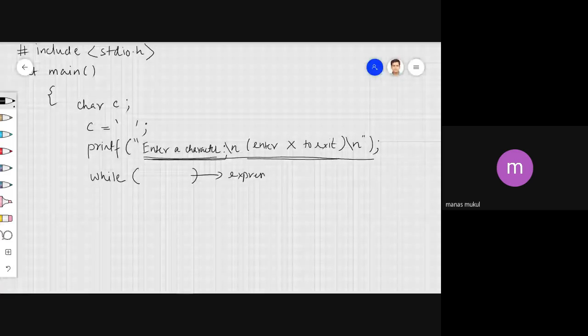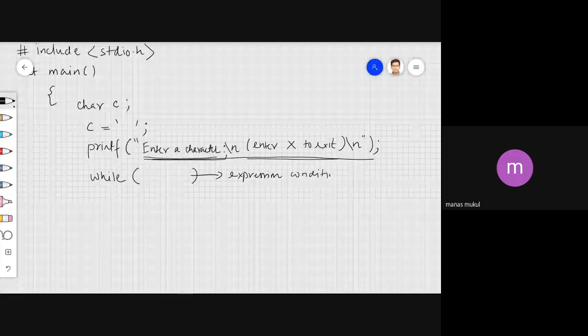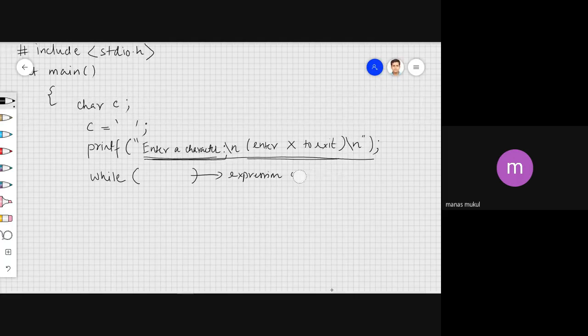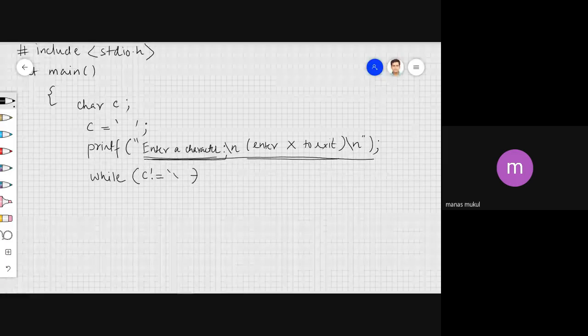So here I have to insert an expression. This expression is nothing but the condition which needs to be checked. So let's put that condition in. Okay, so I'm going to put the condition: while C is not equal to X, that means if it is equal to X, then it will not execute